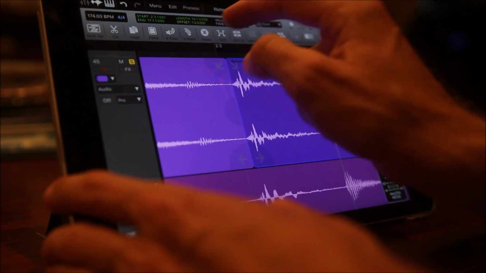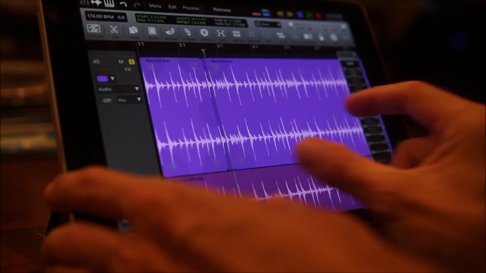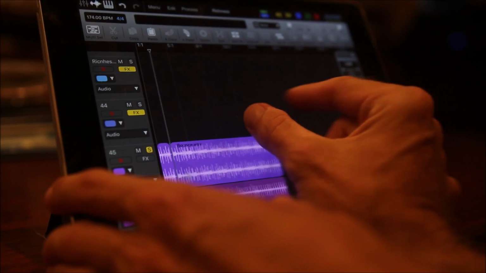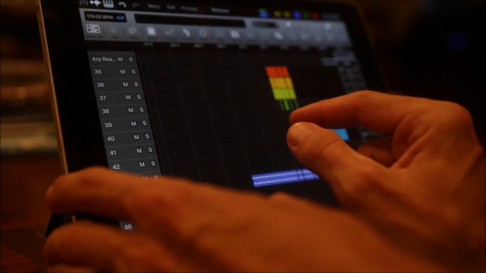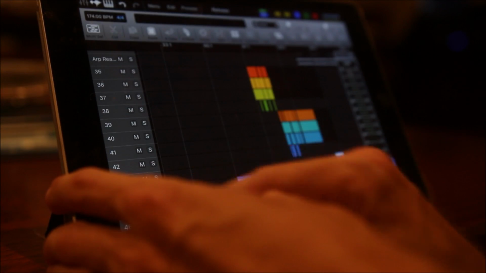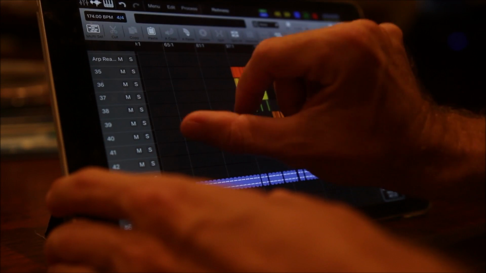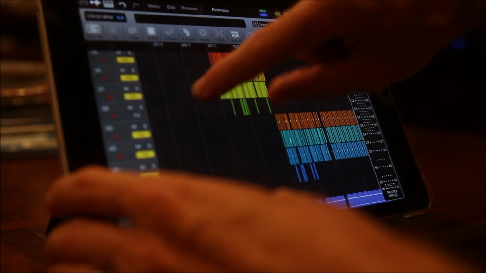Once you've done all that, you can then take all the hits, the single hits, and put them on individual tracks. So you've got all your snares on one track, all your kicks on another, all the hi-hats on another, and so on.